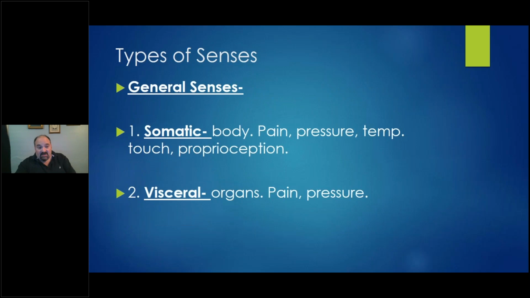So general senses. When we're looking at somatic, dealing with the body, or visceral, dealing with the organs, we can experience pain, pressure in the organs. How about if an organ is expanding, in the case of the urinary bladder, and a patient has had a procedure for their prostate gland, and the patient is not able to void? They need to be catheterized because their urinary bladder will fill to the point where it can burst, and that's an emergency and a major problem, because the kidneys are continually